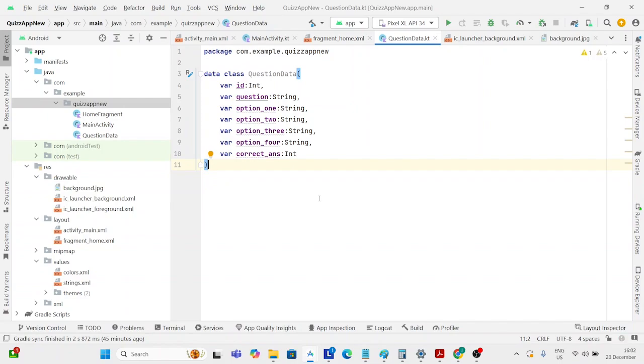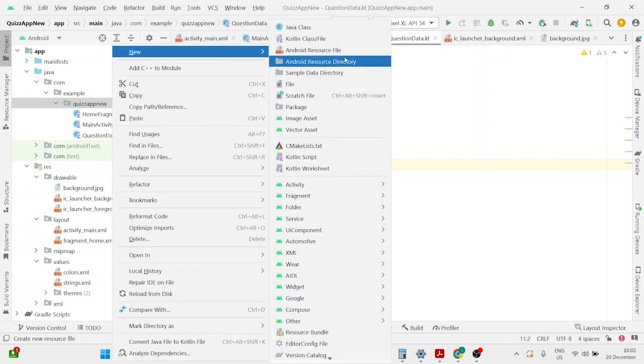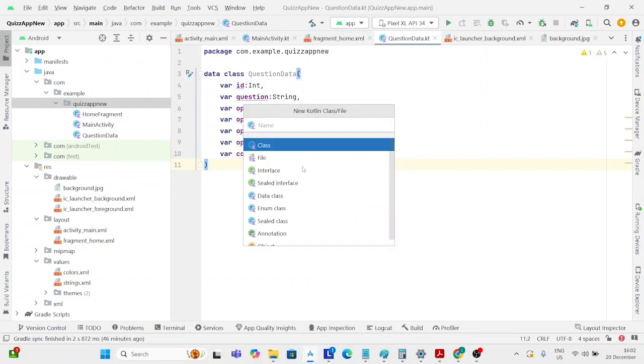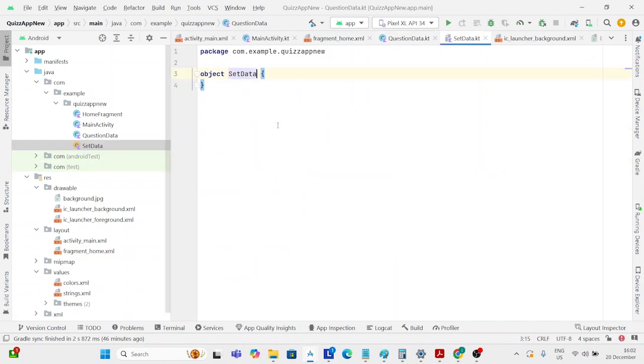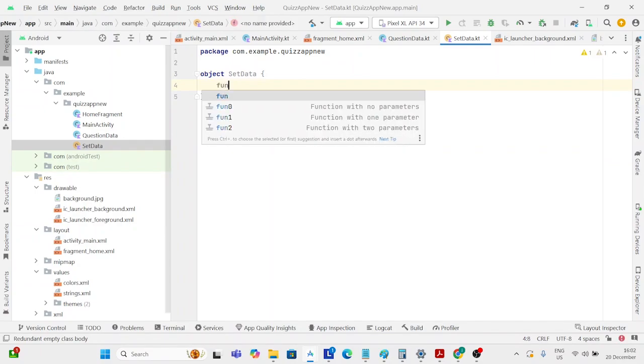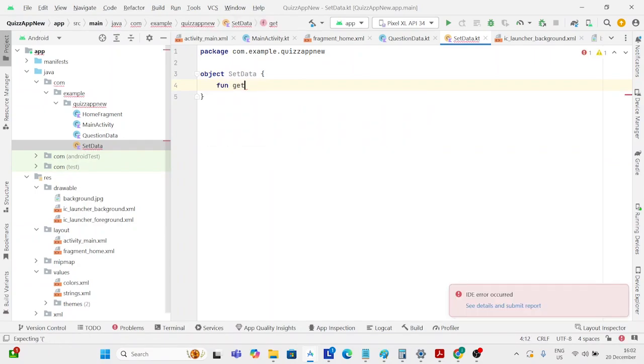Okay, for creating object, let's right click over here, new, and here I will select the Kotlin class file. From there I will select the object, and let's name it as SetData, and click enter. Now inside this, let's create one function, get question,